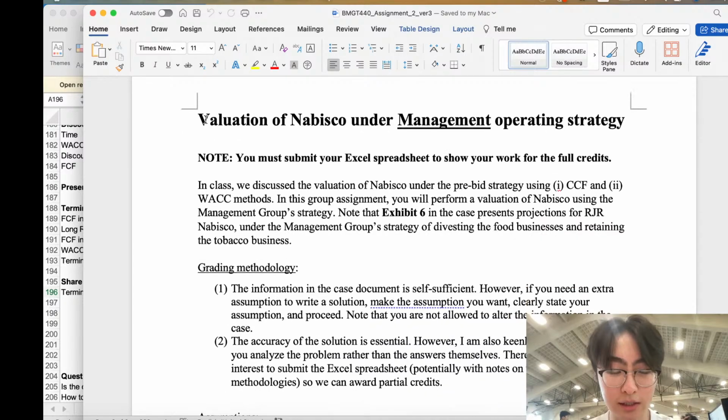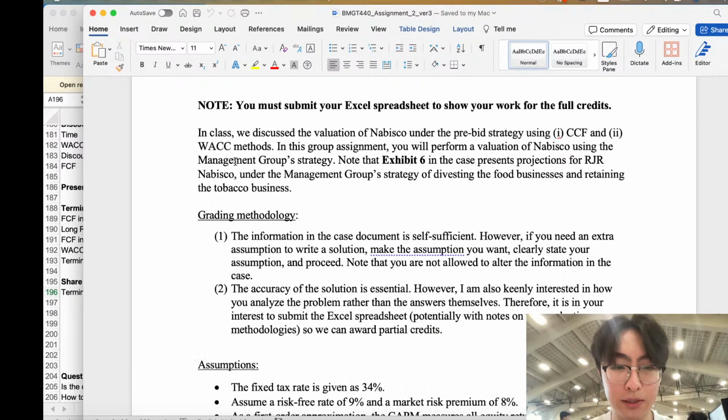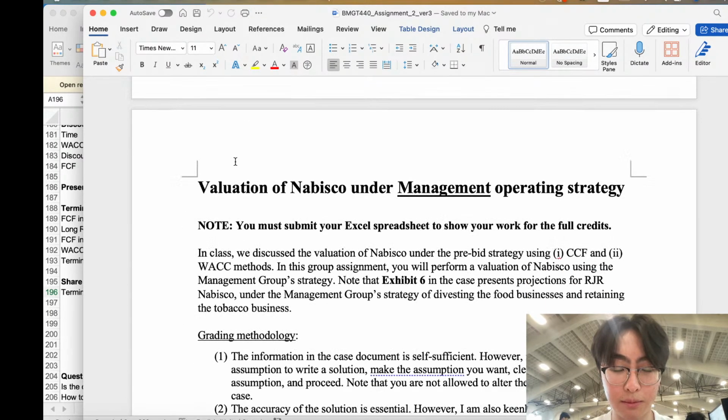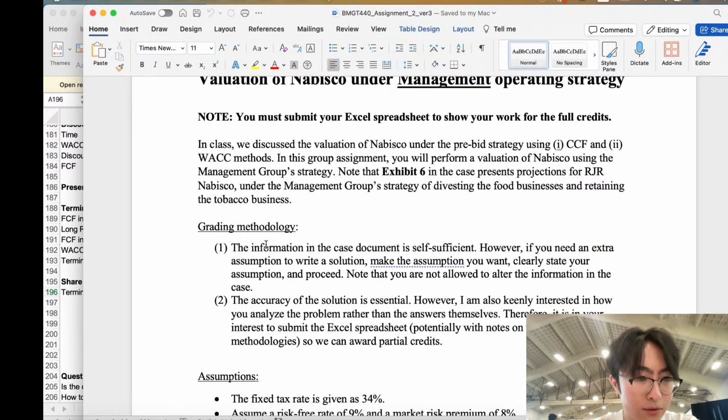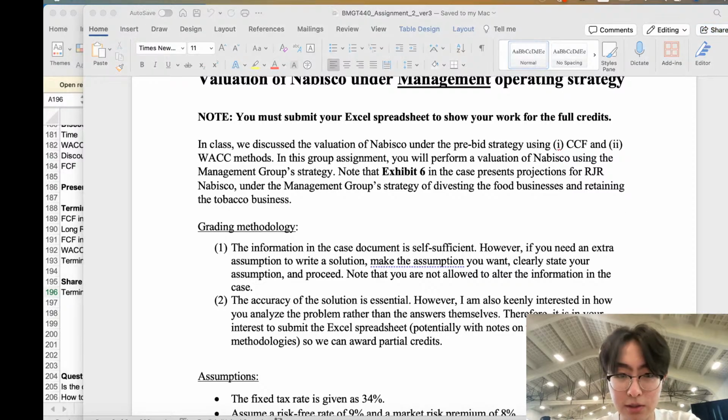And this is really just a continuation of the valuation of Nabisco for the RJR Nabisco buyout. And we're trying to value from the standpoint of the management group. So RJR Nabisco was kind of this famous leveraged buyout that had a bidding war incorporated into it. A lot of different firms, private equity firms, and also management within RJR Nabisco wanted to actually buy the company. It was publicly traded at the time, so they were trying to take it private. That resulted in a few different people offering different bidding prices for the company.